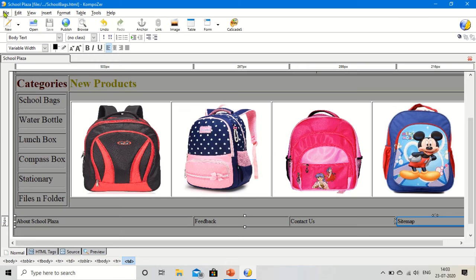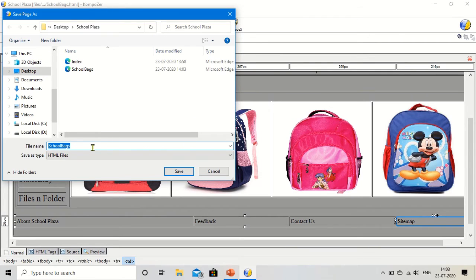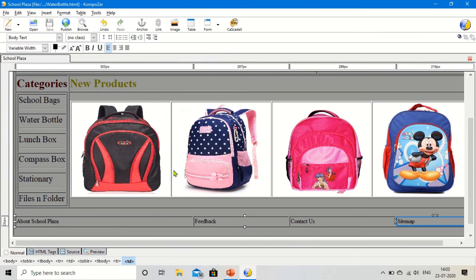Similarly, I want to create another, so go to the file, then click on the save as. You can see I created the school bags. Now I want to give water bottle, then click on the save. Then I need lunchbox.